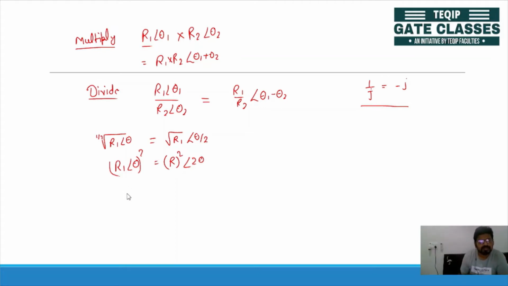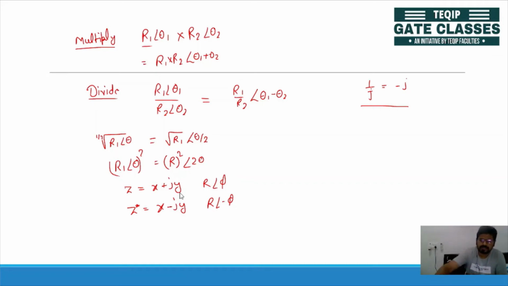And if we have a number, suppose z, a complex number, x plus jy, then z star is the complex conjugate of this complex number. We can write it as x minus jy, or in polar form we can write it as r angle phi or theta. Here z star we can write as r angle minus phi. Okay, so these are some simple operations on polar quantities.